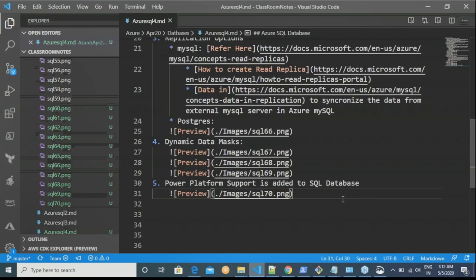In SQL databases, there are two kinds: one is single, the other one is elastic. This is what we have spoken about. So now, if you look at what SQL Server managed instance is,